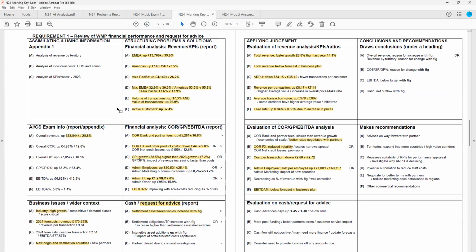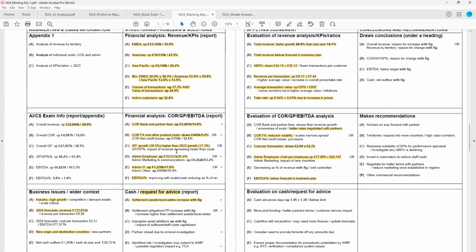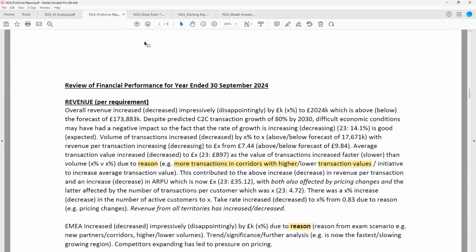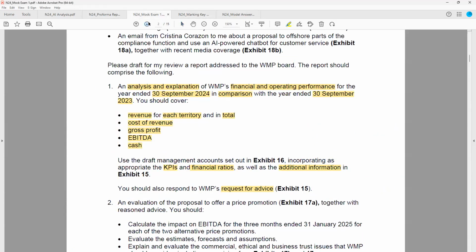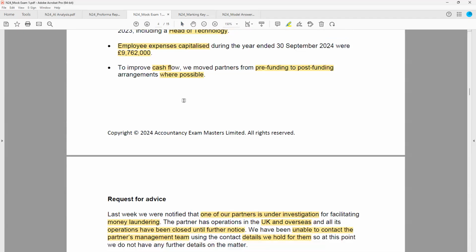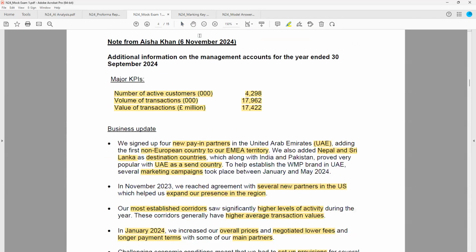And whilst there might be some tricky points elsewhere in requirement one, I don't think there's any boxes that I would look at and think, well, this is really difficult. The request for advice can be quite challenging, but other than that, I think most of the points on requirement one shouldn't be too difficult for you to get, particularly if you've practiced several mock exams, you've thought about your technique in advance, how you're going to structure your points, the type of points you're going to include in each section, and you go through the exam paper information and make sure you incorporate this new information as much as possible in your answer. Then, provided that you do all of that, I think you'll score really well on requirement